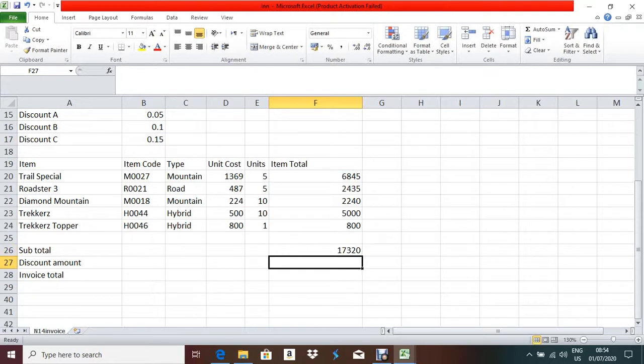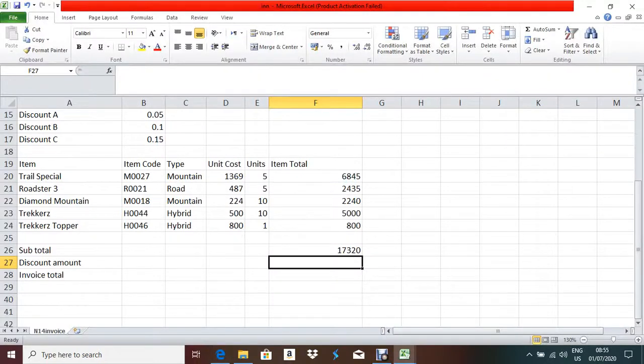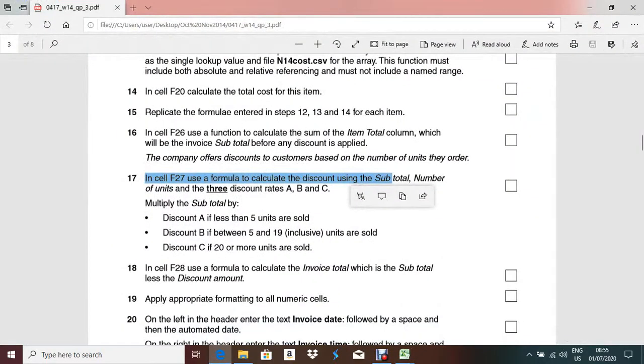Now here is the discount amount. So what will be the discount amount? Next question, I think they are asking for the discount amount. Okay, in cell F27 use a formula to calculate the discount using the subtotal, the number of items, and 3 discount rates A, B, C. So you have to find out the discount amount.